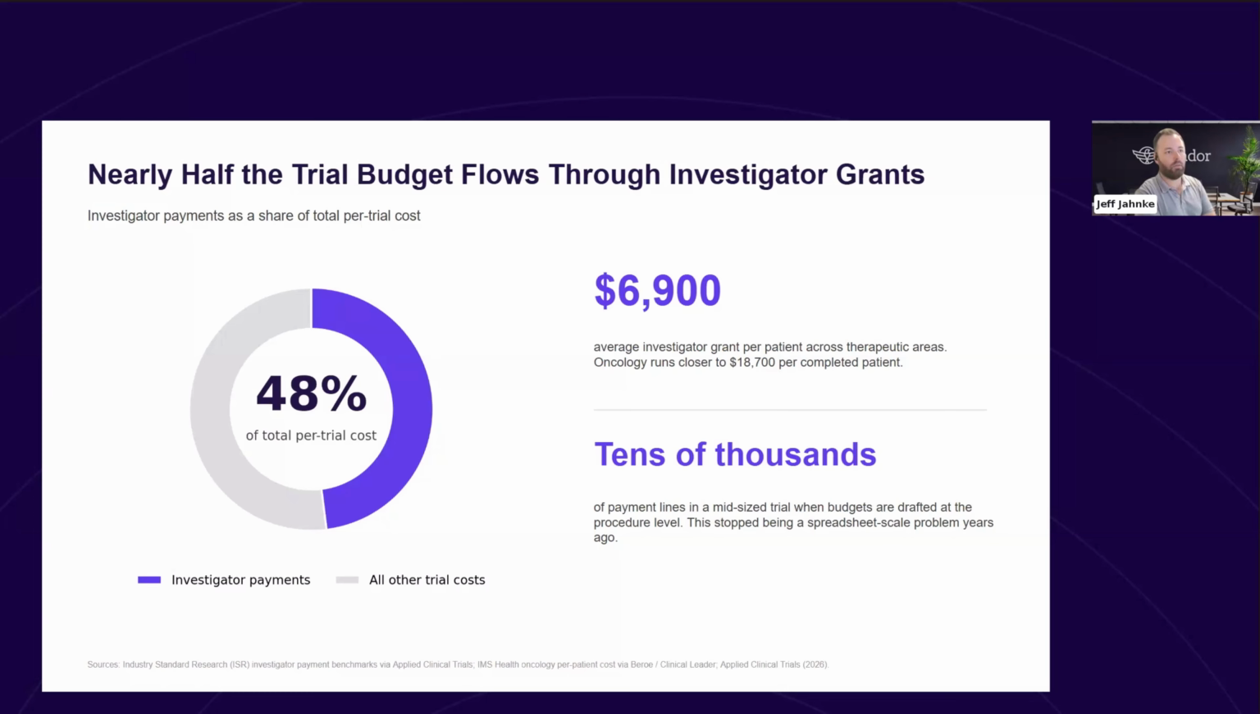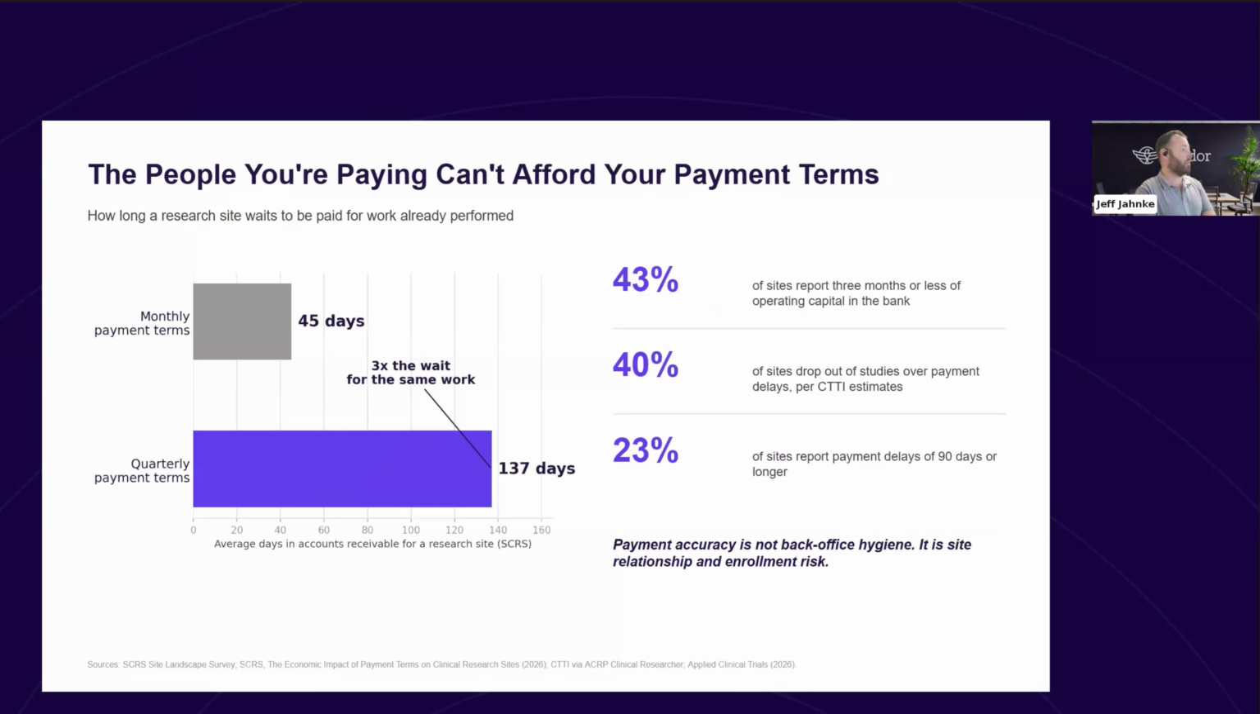Spreadsheets just can't scale with that volume of data in a way that more modern systems can. Another issue is with regards to payment terms to sites, right? How long a research site waits to be paid for work already performed. On monthly payment terms, on average, a site's getting paid about 45 days after an individual visit is processed. On quarterly payment terms, it can be 3 times the wait for the same work, or on average about 137